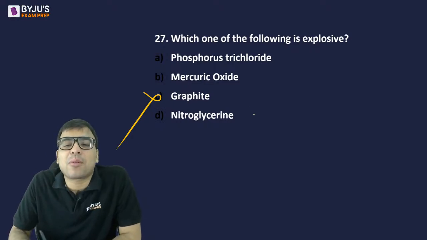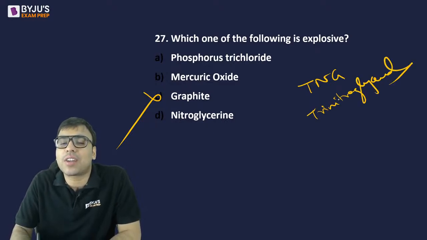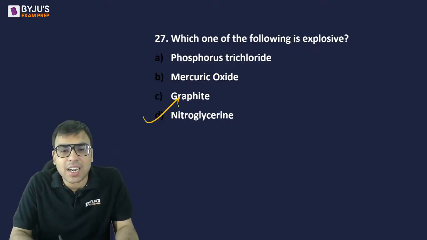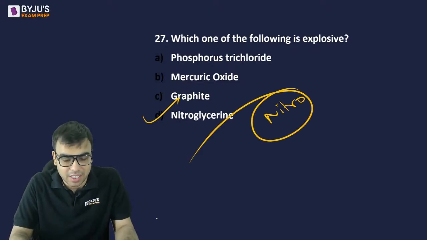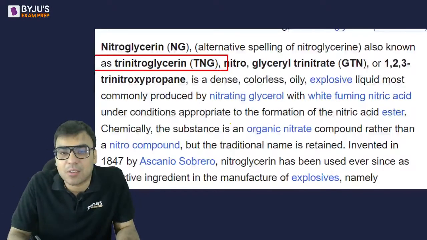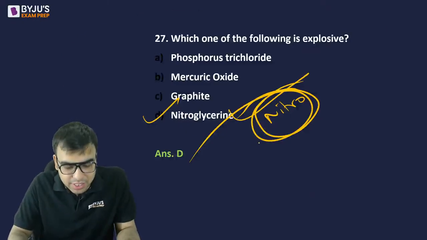और अभी मैंने आपको बताया था TNG, trinitroglyceride, है ना. Nitroglycerides are actually generally considered as explosive. देखो थोड़ा सा याद रखना, नाइट्रो वगैरह जहां भी वाइड रहे ना, उसमें एक्सप्लोसिव होने का चांस ज्यादा होता है. ठीक है, so D is the right answer here. So whenever you find this word, probability is high that that would be the answer, है ना, trinitroglyceride and all. So D is the right answer to this question.